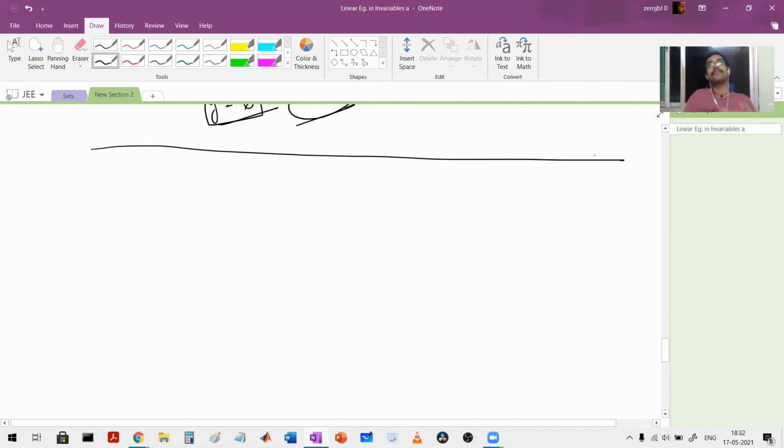See, first, in the first class I taught you about how this happens, what linear equations are, and so on. I introduced you to the graphical concept of that. Today I'm teaching you how to solve it. All three methods we are going to cover in it. And in the next class, we shall be seeing a variety of practical applications that can be done with this, keeping these methods of solving in mind. Are you getting my point?